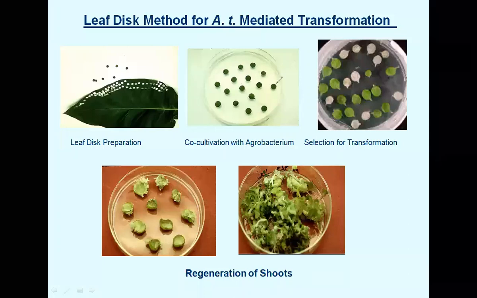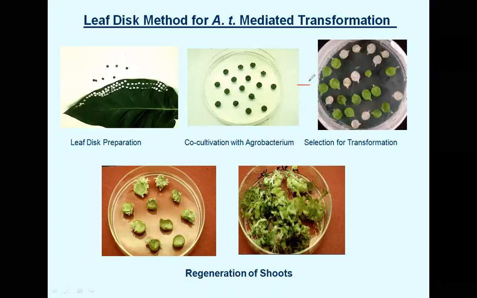So it really helps. So what is the advantage? The advantage is compared to the co-integrate plasmid, because in a co-integrate plasmid you have the gene of your interest, the plant selectable marker, the bacterial selectable marker, as well as the vir genes all in one plasmid. So there are size limitations. Whereas in a binary vector system, those size limitations go away to a large extent. That means your gene of interest can be a bigger DNA molecule, a bigger DNA strand also, and you will be able to transform.